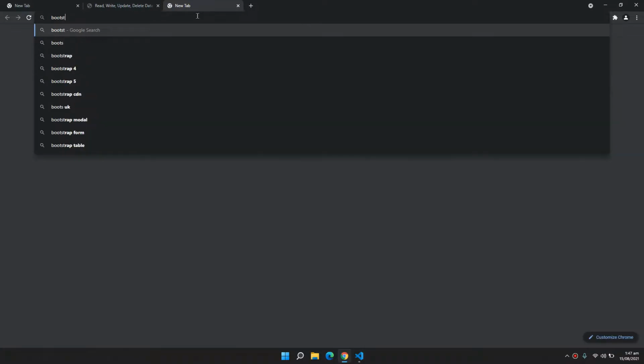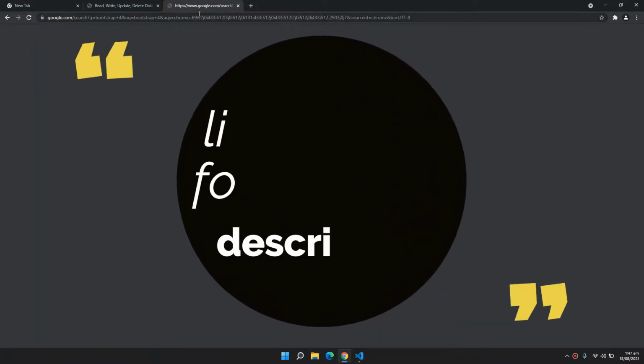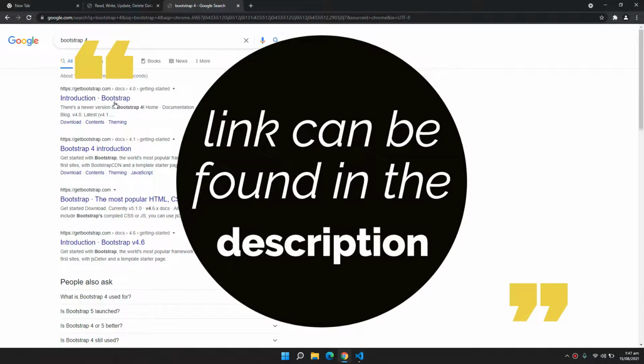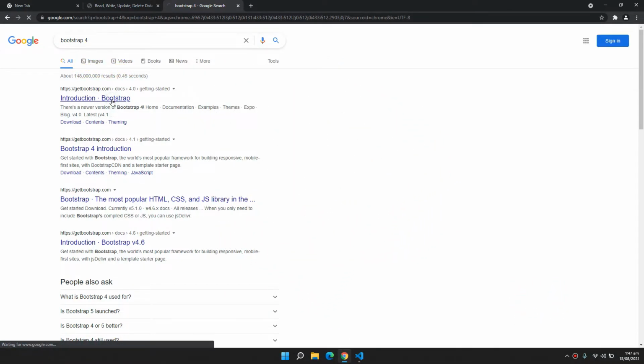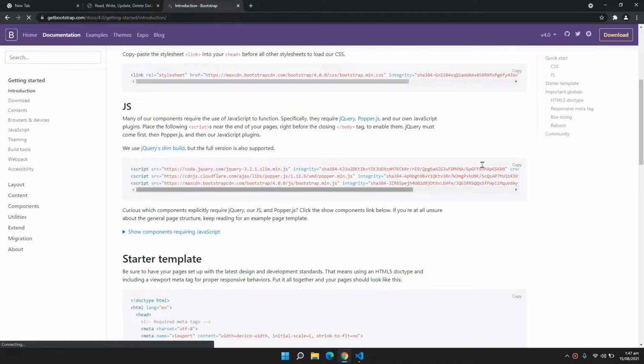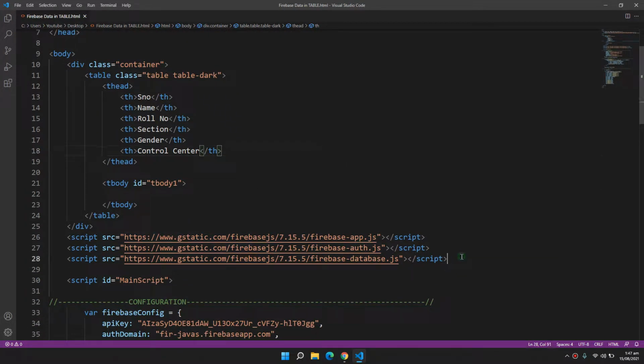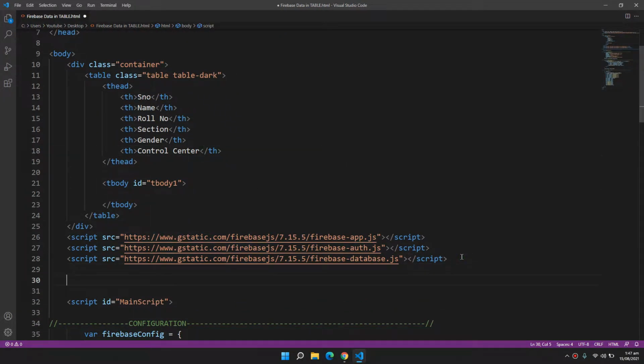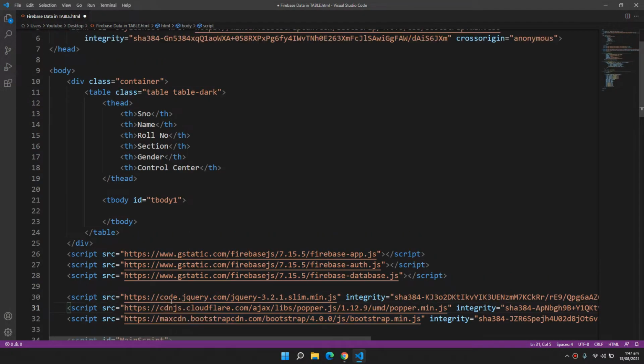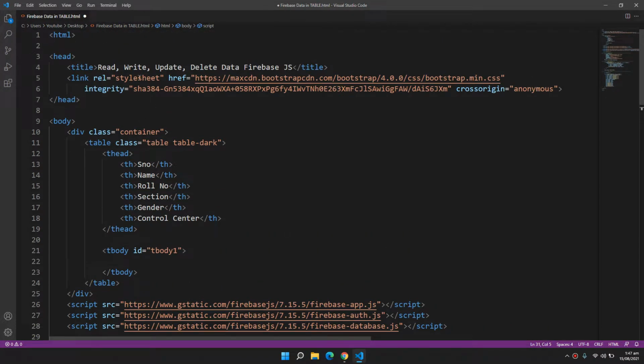So I'm gonna come here and type bootstrap 4, and inside here I'm gonna copy all of these JavaScript script files, and I need to paste them over here before the main script. And I don't need to copy the link because I already have the bootstrap CSS over here.